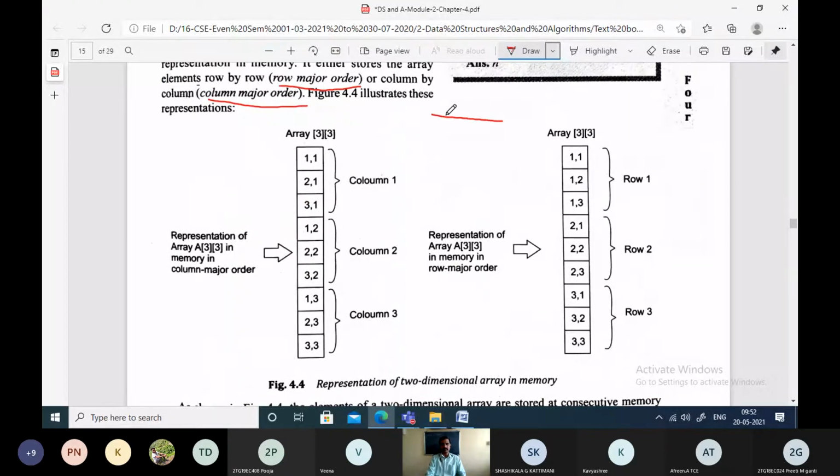But for understanding this, we need to have one matrix, which is not here. So we need to have one two-dimensional array. I will just try to represent it because we have space here. Right, this is just a matrix. It is a matrix which contains 3 rows and 3 columns.